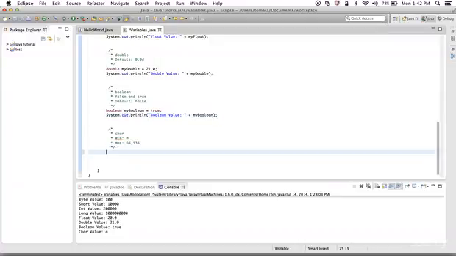Last but not the least is the char type. Some people pronounce it as char also. I just say char because it's character. So I define it as myChar. The range is 0 to 65535, but it is used to store only one character. It's the Unicode character. So I can say char myChar a,